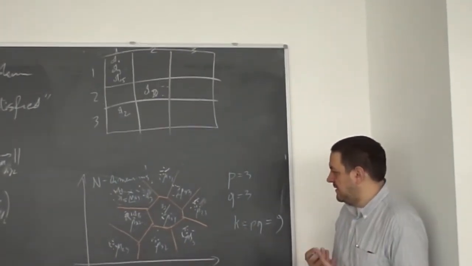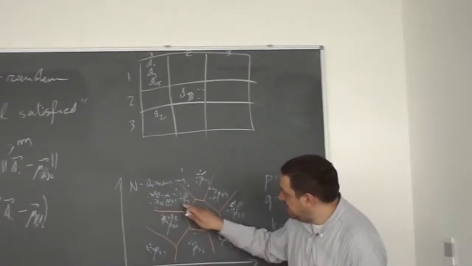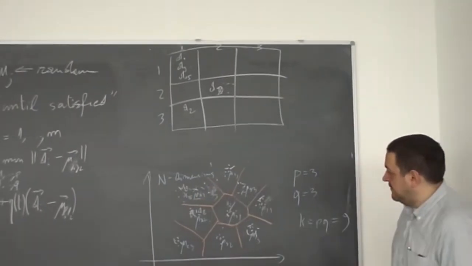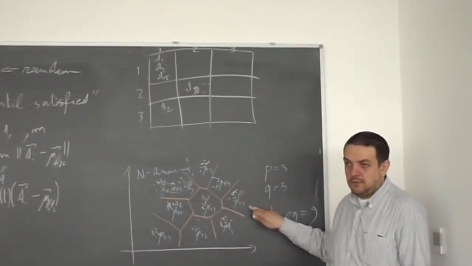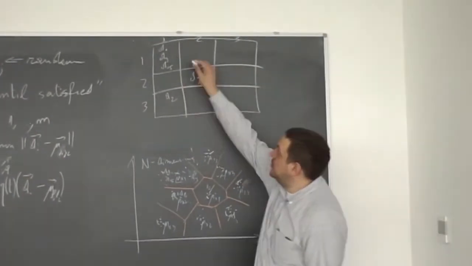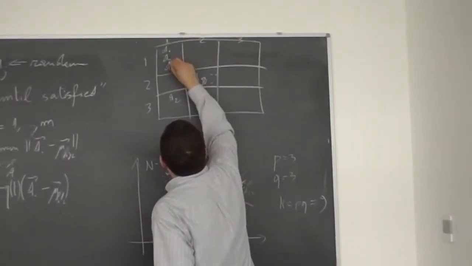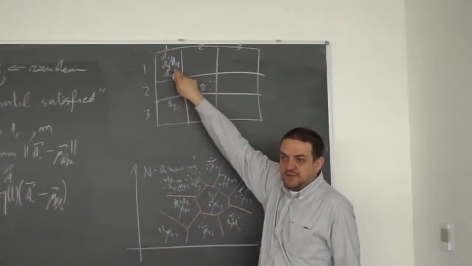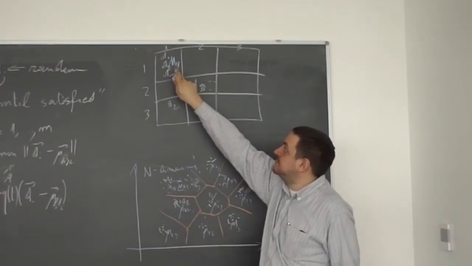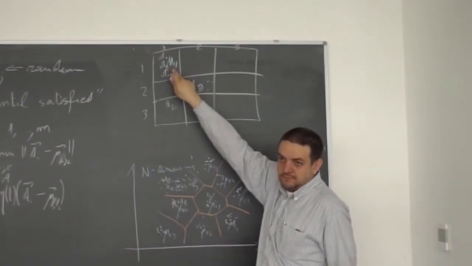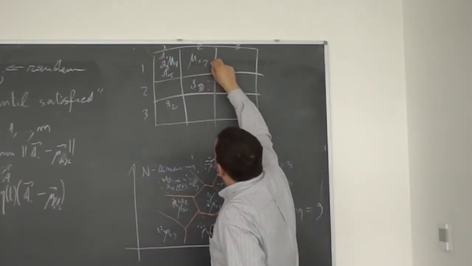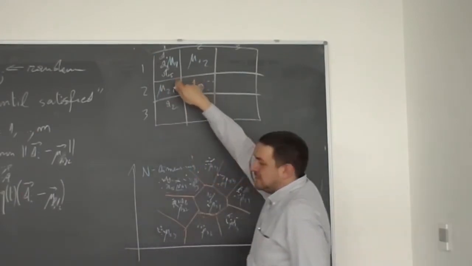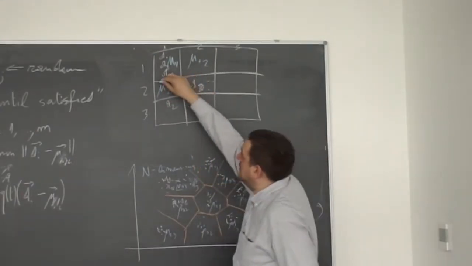So the main idea is that if move 1,1 falls here, then also move 2,1. Okay, move 1,1 is the vector that controls what goes in this square. Move 1,2 is the vector that controls what goes in this square. Move 2,1 is the vector that controls what goes in this square. So,